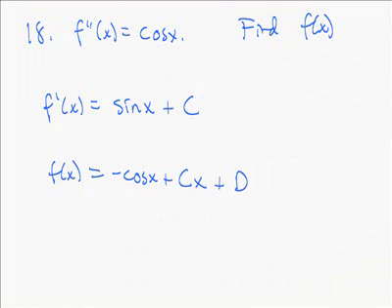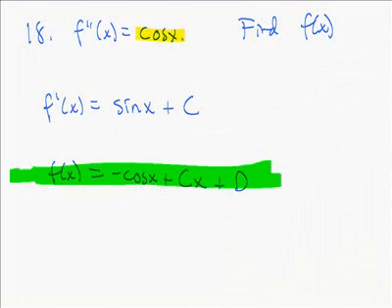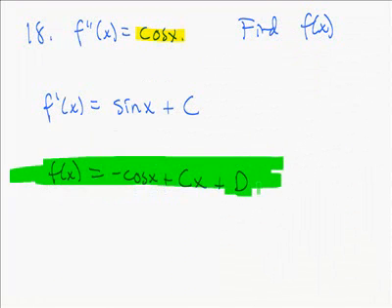So the most general form for the function f, whose second derivative will just simply be the cosine of x, is going to be this right here. F of x will be negative cosine x plus cx plus d. If you take two derivatives of that thing, you will get cosine of x. And we had to keep that general because we didn't have any values for f prime or f,